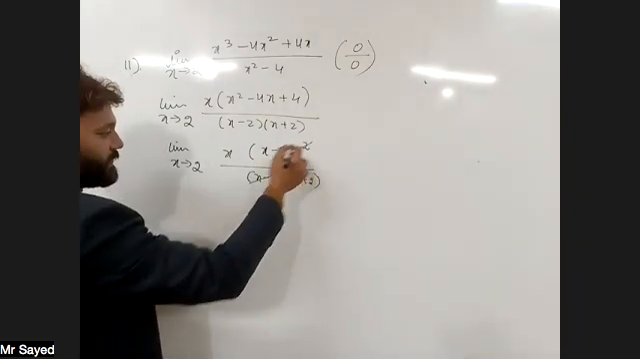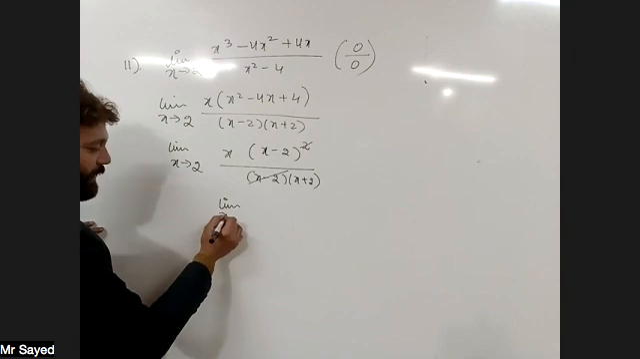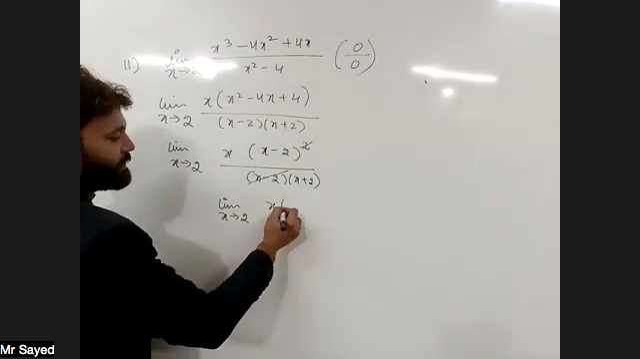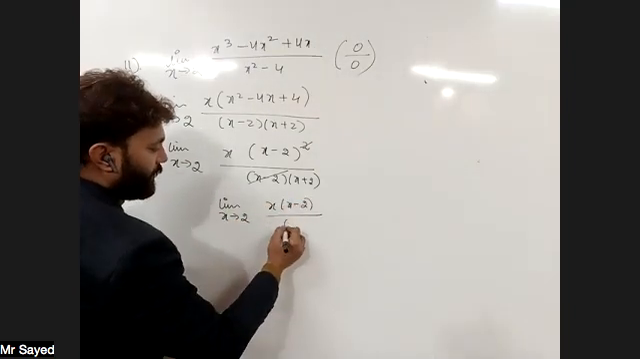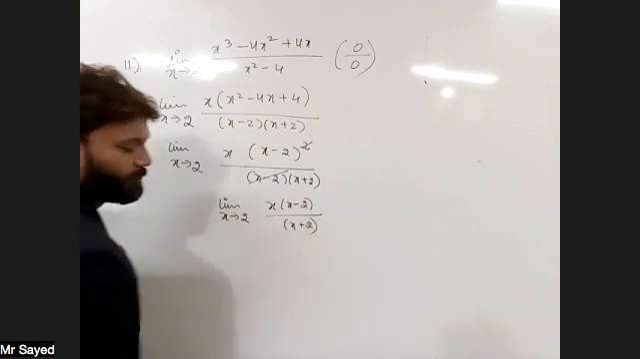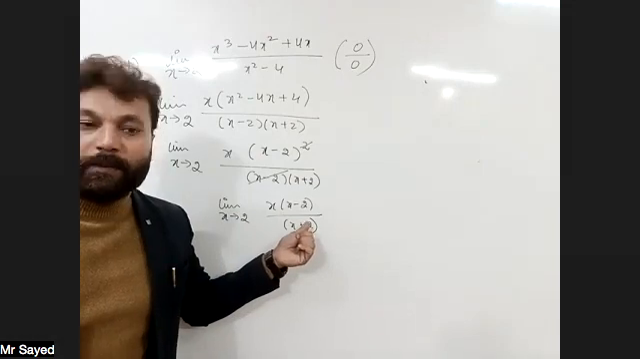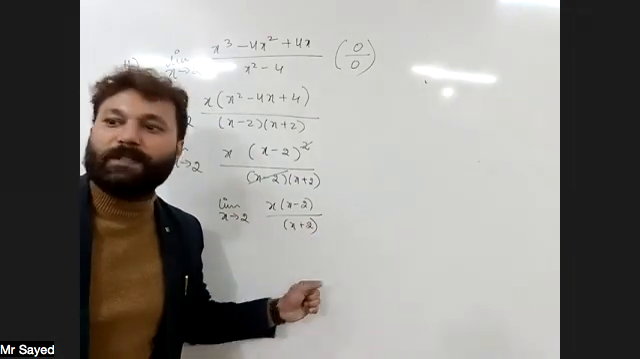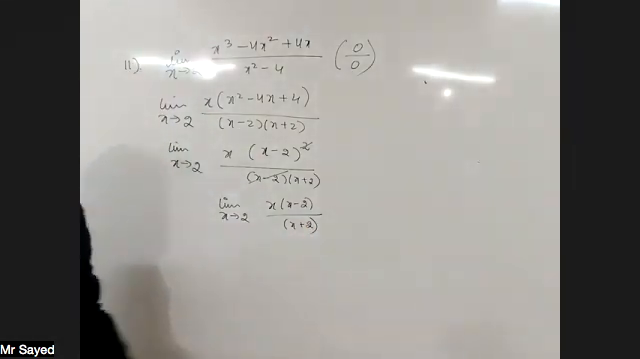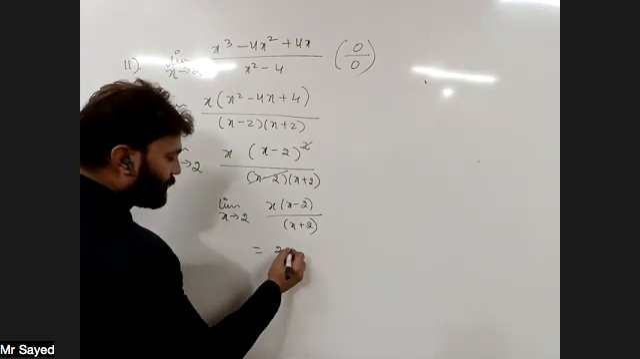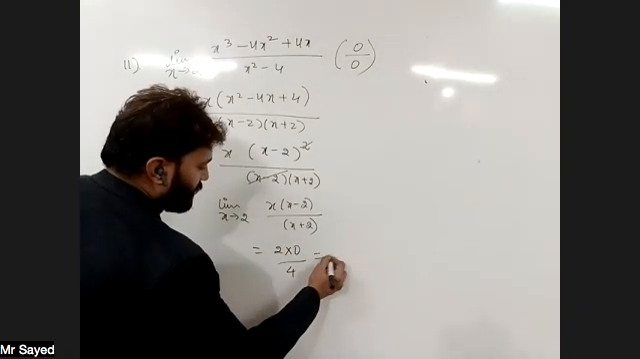Now this cancelled. So we are left with limit x tends to 2, x into x minus 2, whole upon x plus 2. Although in place of x, if we write 2, this is becoming 0. But this is not becoming 0 upon 0. So still we can put up the value of the limit. So this will be 2 into 0 upon 4. Which is